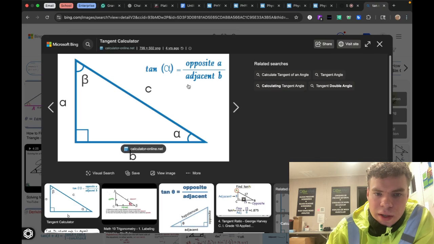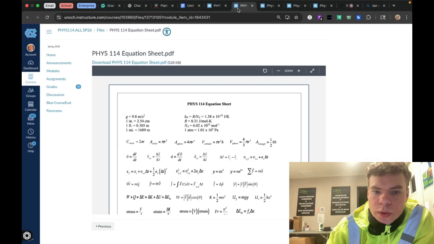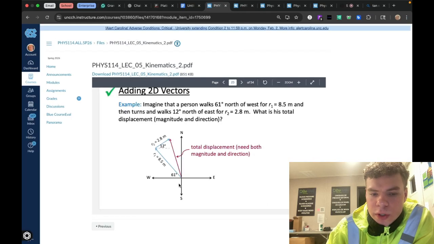So say for example, if this is A, your opposite is the opposite of A, and then B is whatever is not the right angle. So in this example, if we wanted to flat out solve for this angle,